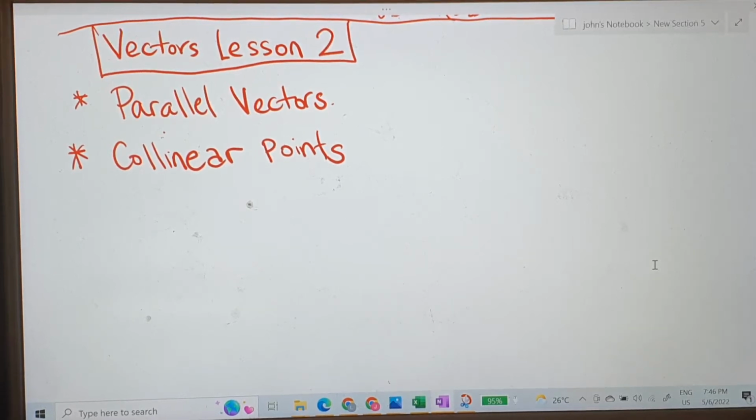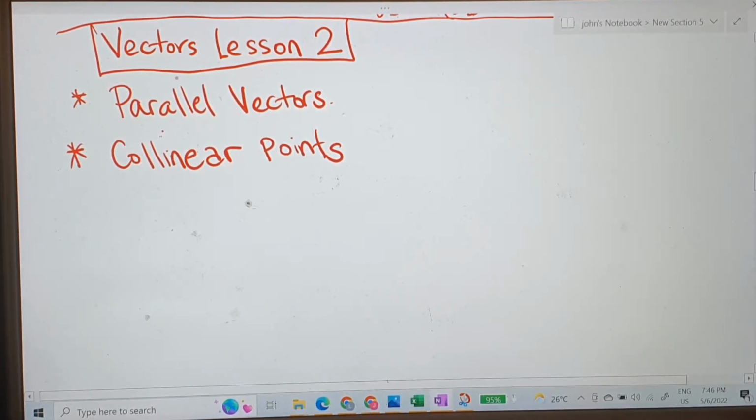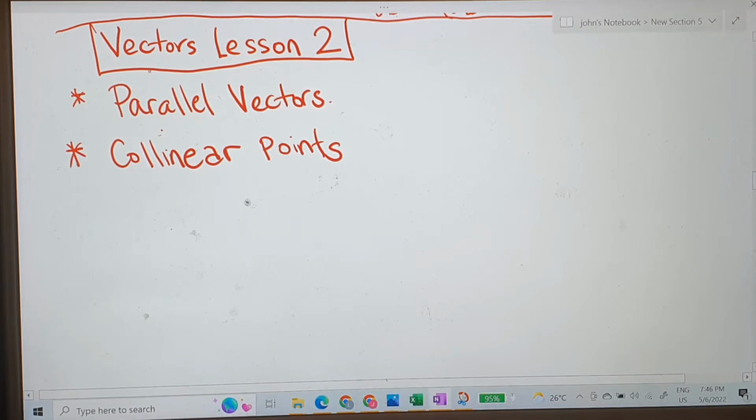Okay, this is the second lesson for vectors. Actually, vectors is very easy. The concept is very easy. Yesterday, we had a lesson on vector. Today I'm going to finish off the concept. After that, we are going to do past year questions to see how to apply the concepts that we